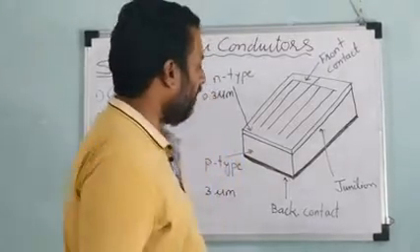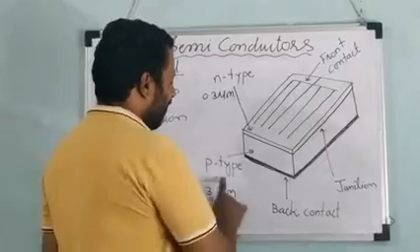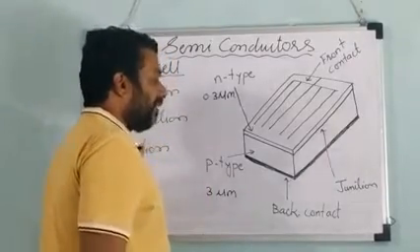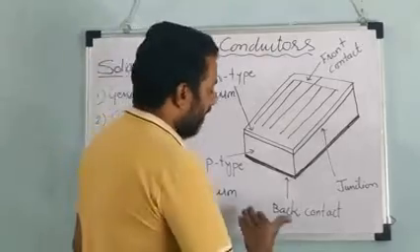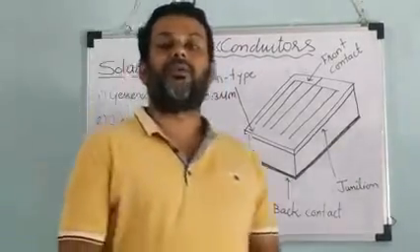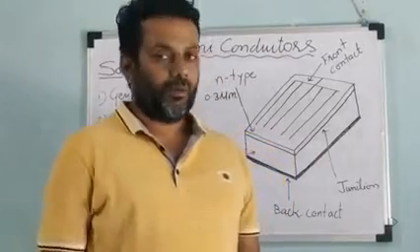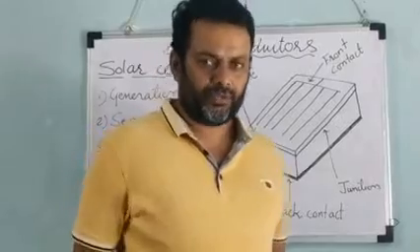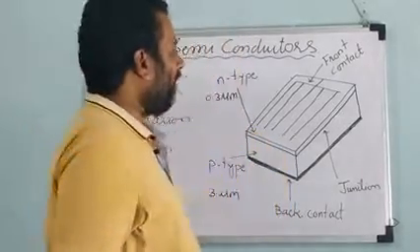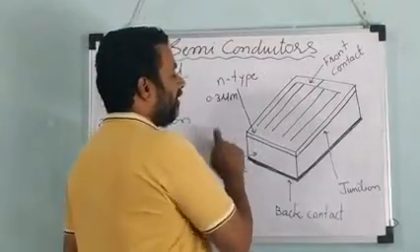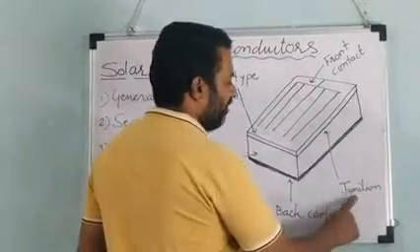On the other hand, at the bottom we have a P type semiconductor which is 1,000 times thicker than the N type semiconductor, and it is fully covered with a back contact, which is a metallic contact covering the full surface of the P type at the bottom, because no light is going to fall from there. That's why we don't have any issue. Now when the light falls on the N type semiconductor, because it is very thin, the light is able to reach the junction very easily.